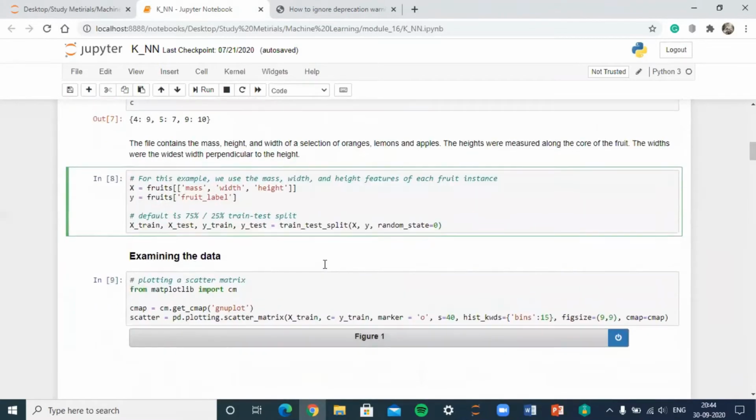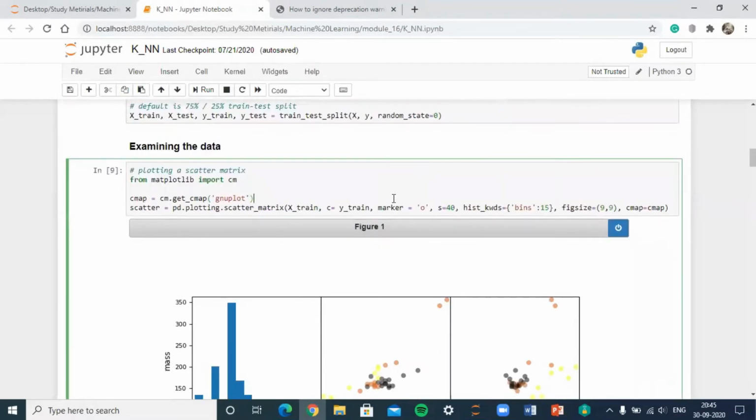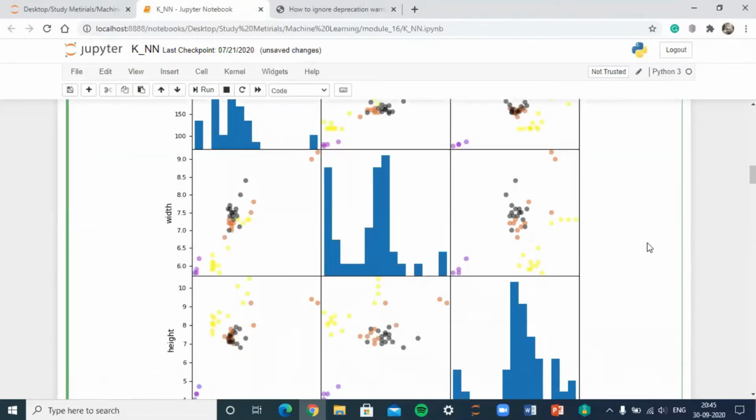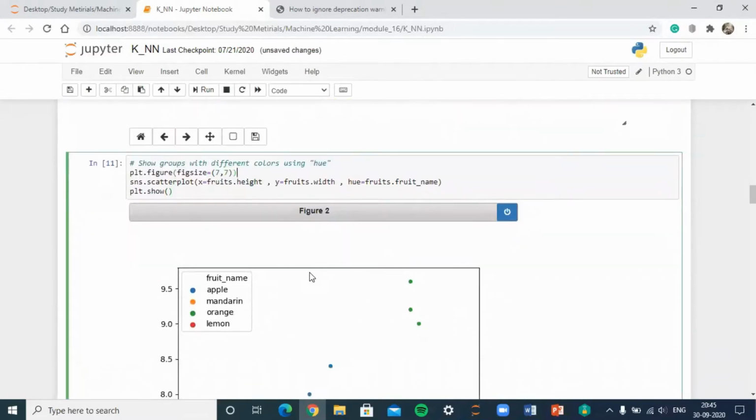Then, like the previous machine learning algorithms, we take the independent variables for fruits like mass, width, and height, and the dependent variable here is the fruit label. We'll predict the fruit label by their feature values: mass, width, and height. Then we split the dataset using train_test_split. After that, if we draw this scatter plot, it gives you a small picture of the distribution in the features dataset. Now this is the plot for the height and width of the dataset.